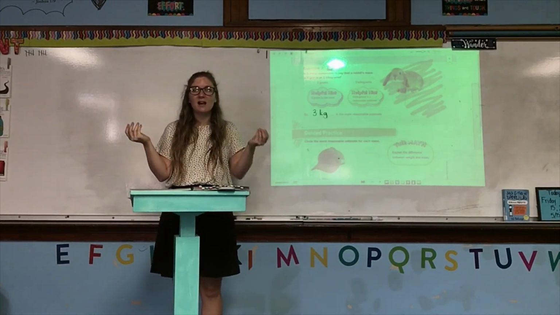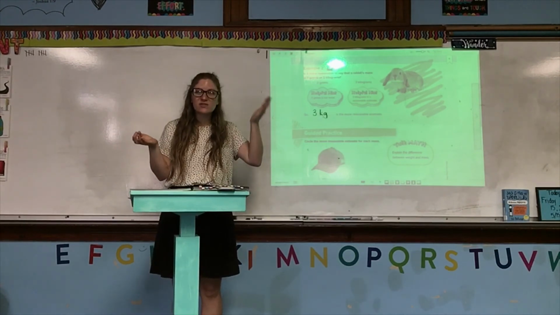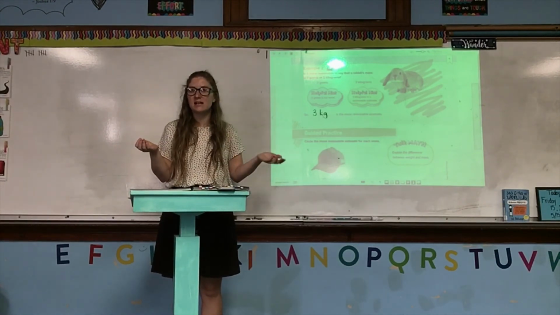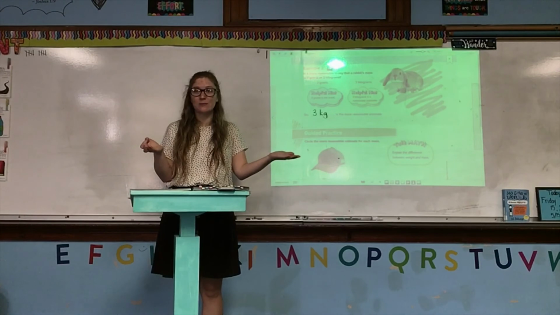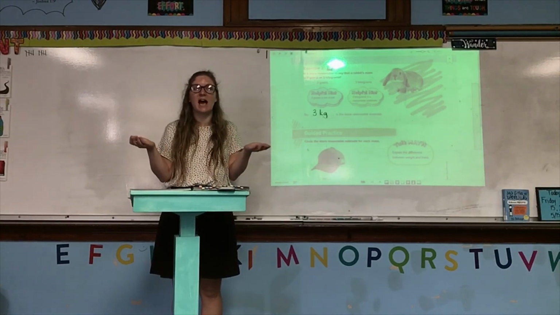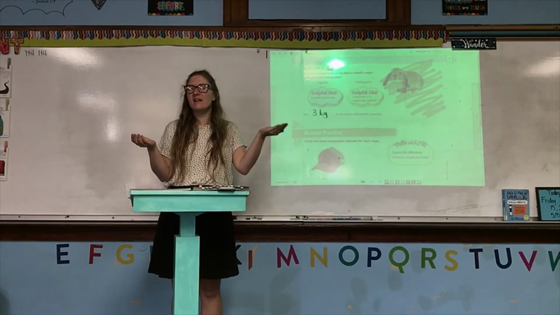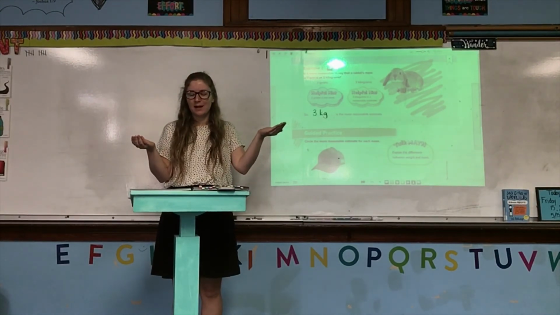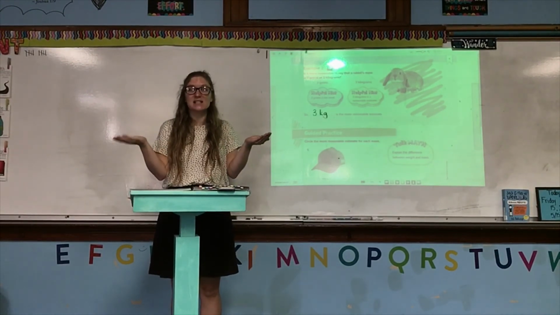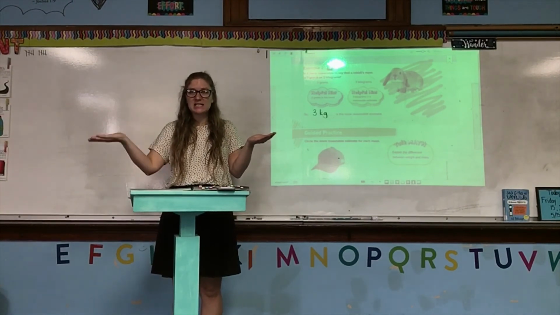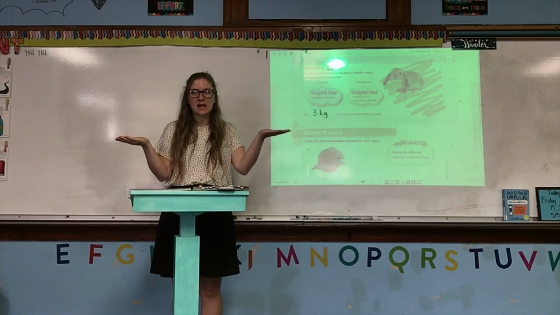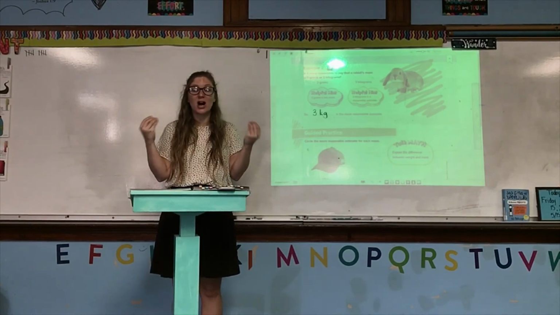You may not have ever held a rabbit before, but you've seen pictures, you've seen it on TV, in movies, you might have seen one in your yard or something like that. So imagine holding that rabbit. Feel its weight in your hand, and then you felt 3 textbooks. So imagine how many textbooks would be the same weight as that rabbit